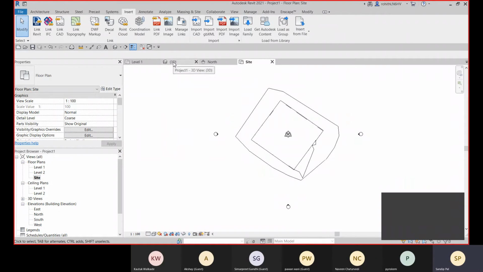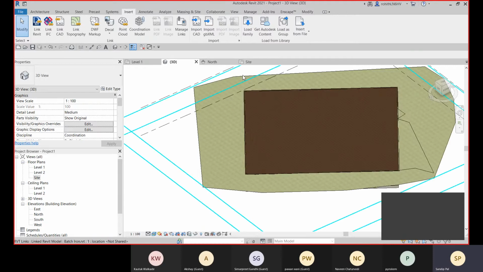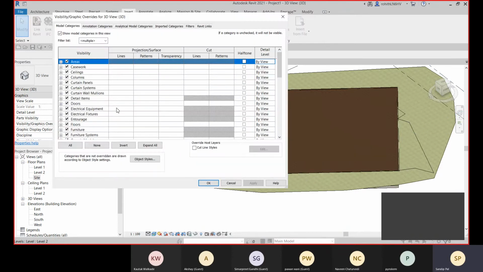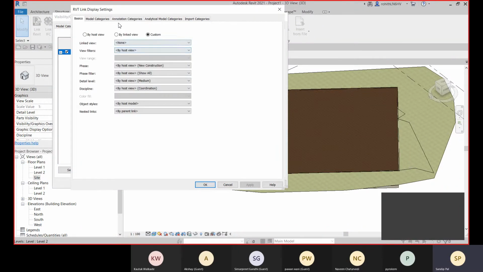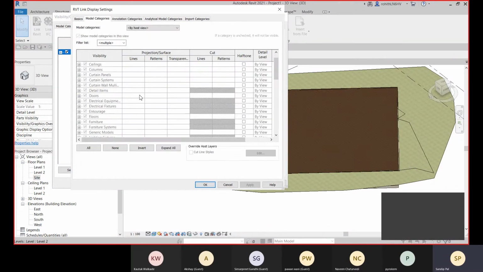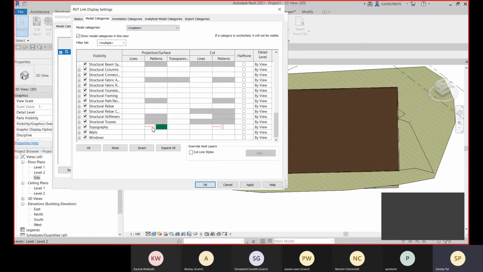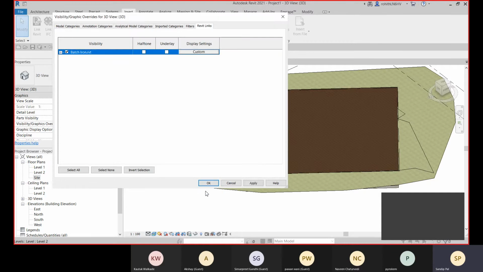So that I have applied in the 3D, right? Now I need to change, sorry, I need to change that in the project or any elevation. As I have mentioned that this is view specific, so keep in mind where you are making the changes. Let me clear this override. Clear override. Click on OK. Clear override. Click on OK. Apply and OK.